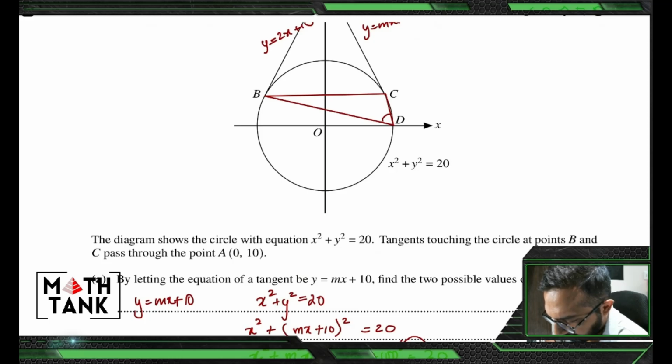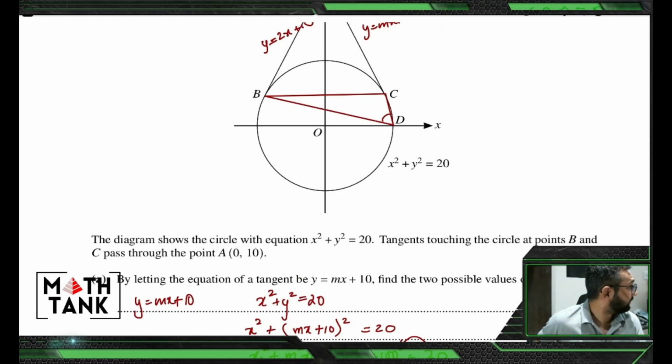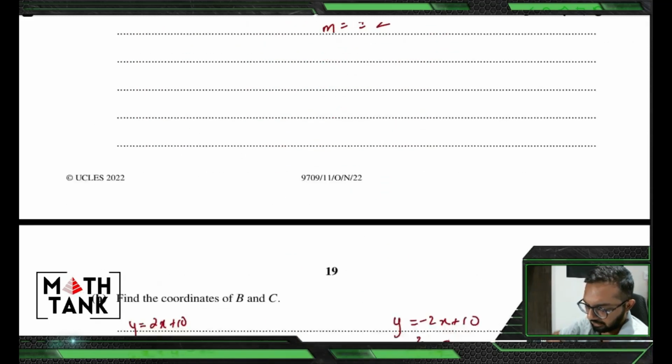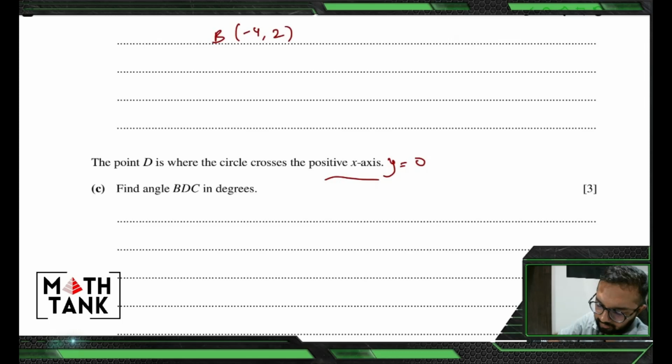So I think this distance is easy to calculate. This is minus 4, this is 4. So I get 2 out of this, 8 out of this. And I think I'll have to find the other distances. There's no other shorter way of doing this, and then use cosine rule to find the angle. First find D. That should make the question simpler.